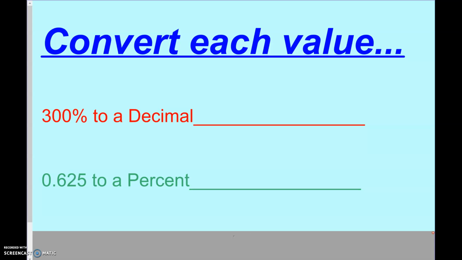All right, so the last thing, just as a quick review here, do you remember how to change from 300% to a decimal? Percents to a decimal. We move that decimal 2 places to the left, so this would just be the number 3. And if we have a decimal value here, to change it to a percent, we're going to move that decimal 2 places to the right, so as a percent, this would be